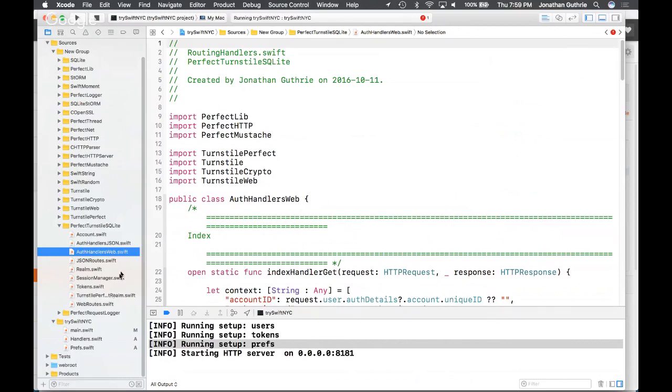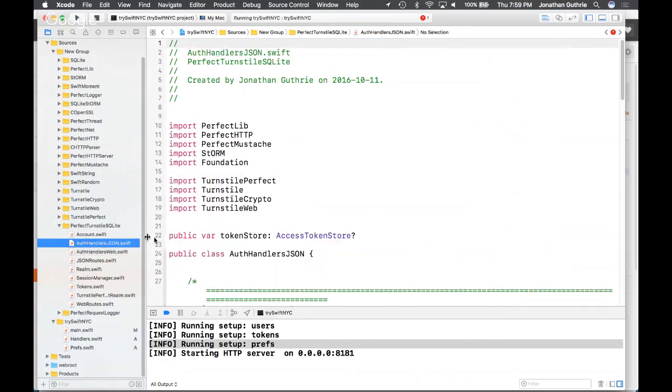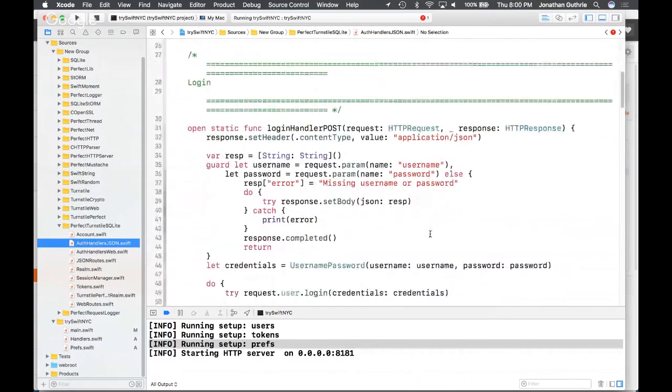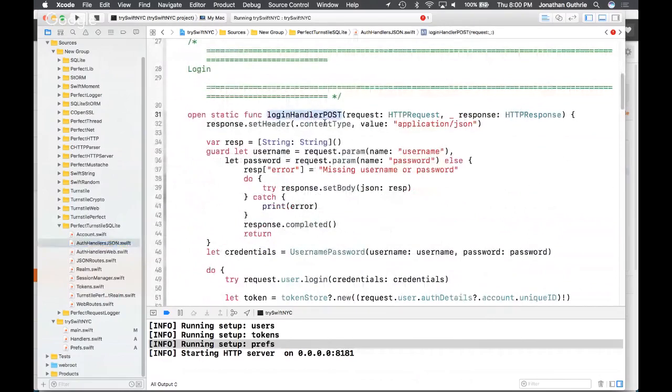Okay, so let's go to this JSON and just scroll down very quickly, and you'll see that we've got a login handler post, and that's where we're receiving our request and our response, and we're getting some values in, but these were the name value pairs. Okay, so if we were to use this one, we'd have to change that a little bit, but that's not a major problem.